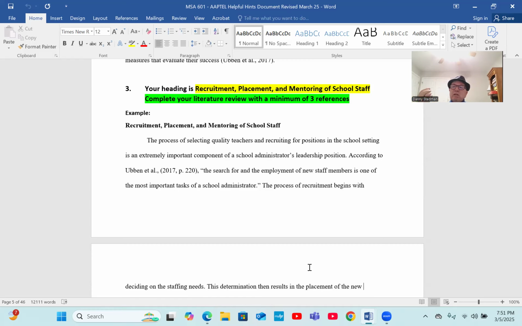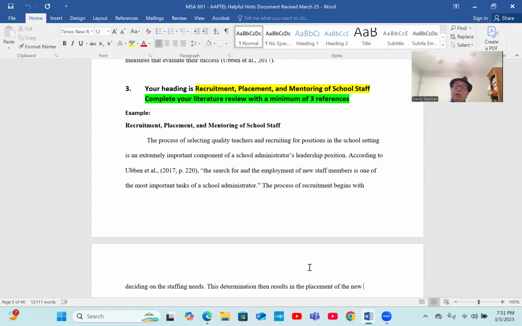Now, as a principal, that is one of your most important responsibilities, finding teachers that you know are a right fit for your school, that know their pedagogy, that you can work with, that will follow your leadership, and will work with your students, because the ultimate goal is that they're supposed to teach your students so that they can achieve in life and help grow the academics and the progress in your school.